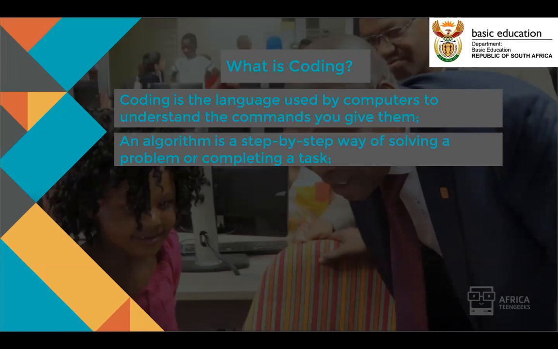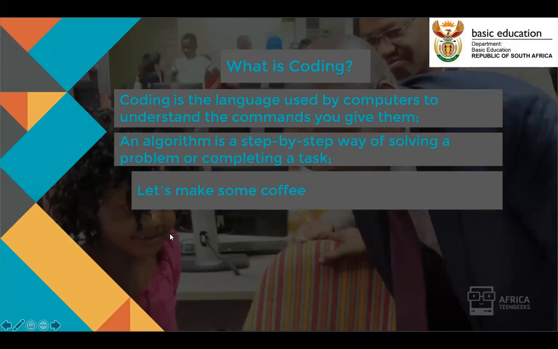So I've told you now, go to the kitchen. And now I want to break down that instruction into smaller pieces in order for you to understand what I'm saying. So I have said, go to the kitchen. Now, the steps that you are going to take for you to move from where you are to when you get to the kitchen, that is what your algorithm is.